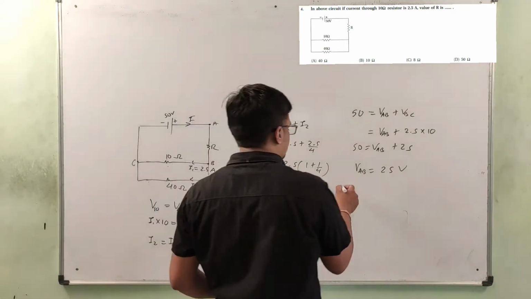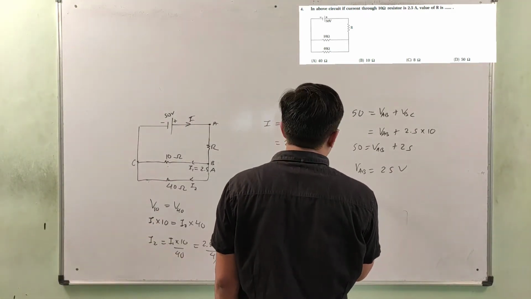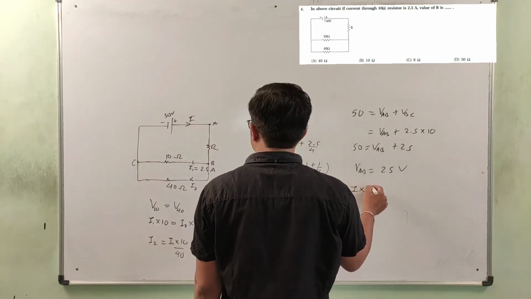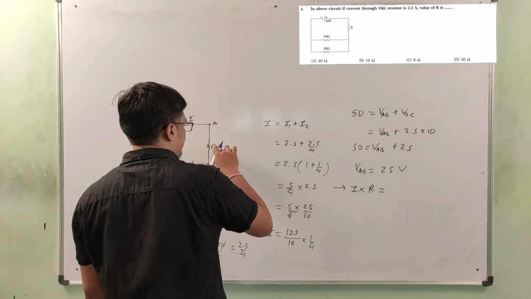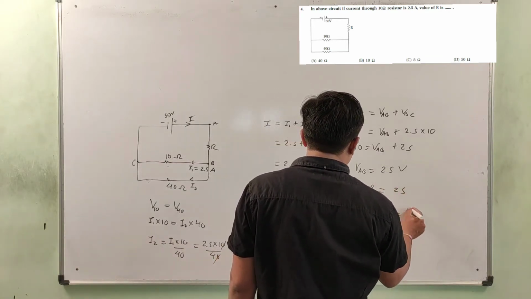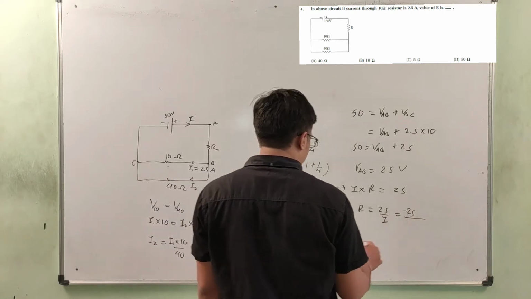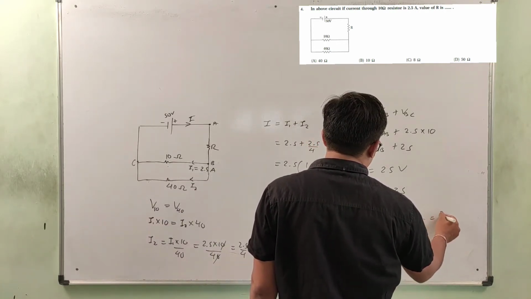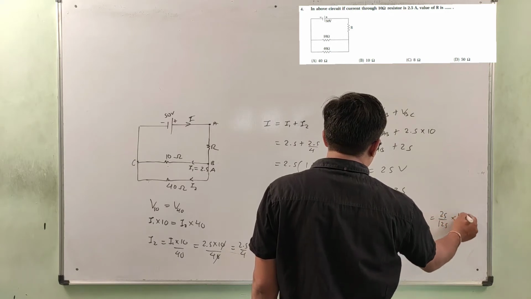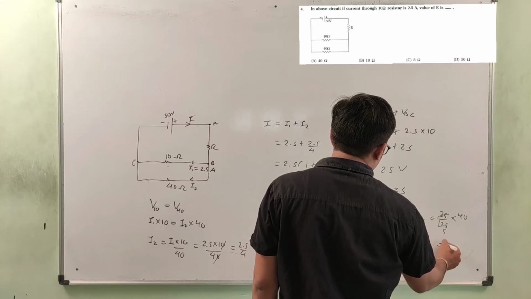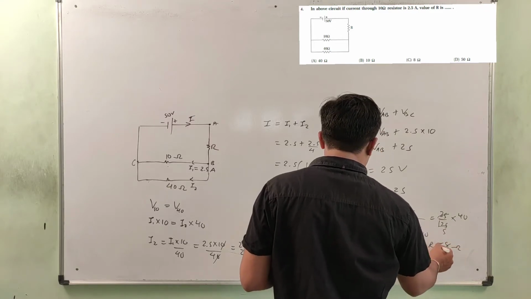Then the potential difference between AB is equal to what? The current flowing through it is I, and the resistance between AB is R, so I into R is equal to 25. So R is equal to 25 by I, and I is equal to 125 divided by 40. So that is 25 divided by 125 into 40. 25 fives are 125, so 40 by 5 means 8 ohm is our answer.